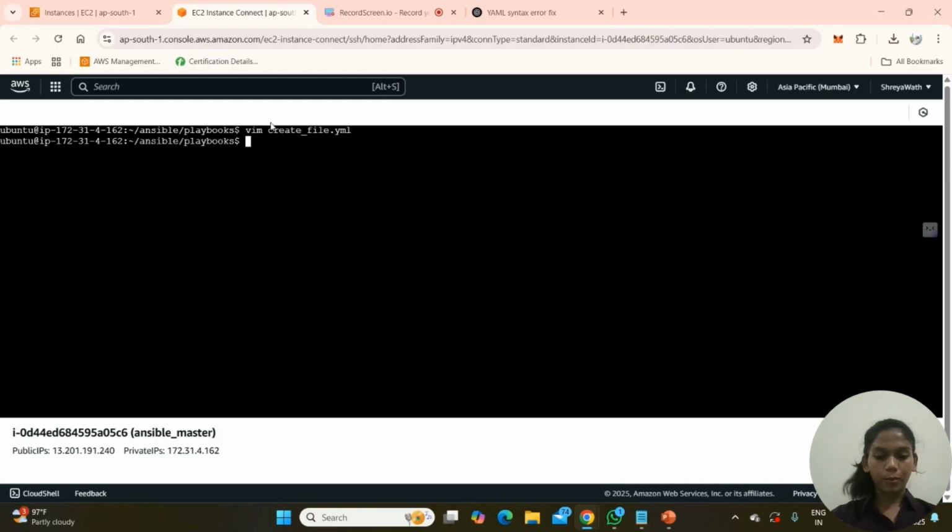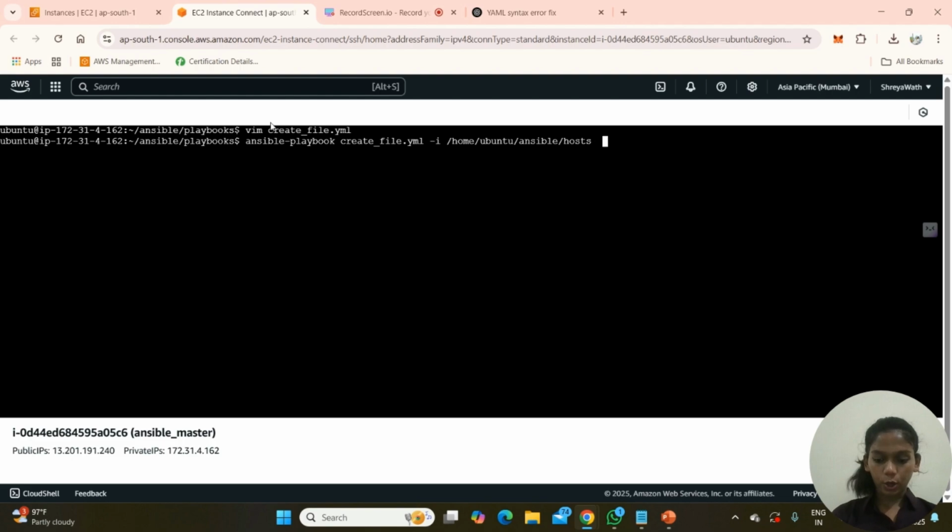As we've written our playbook successfully, we'll try and run it now. For that, as I told you in the presentation before, we use the command ansible-playbook. Then give the name of our playbook, create_file.yaml. Then give the path of our inventory file, which is home ubuntu ansible slash hosts.